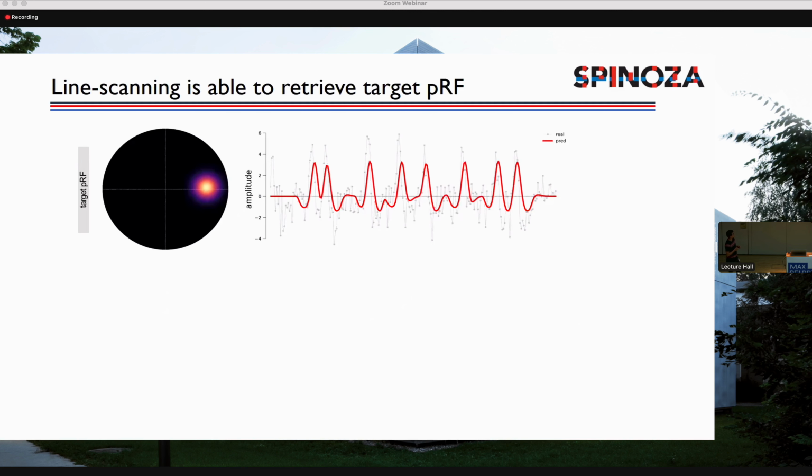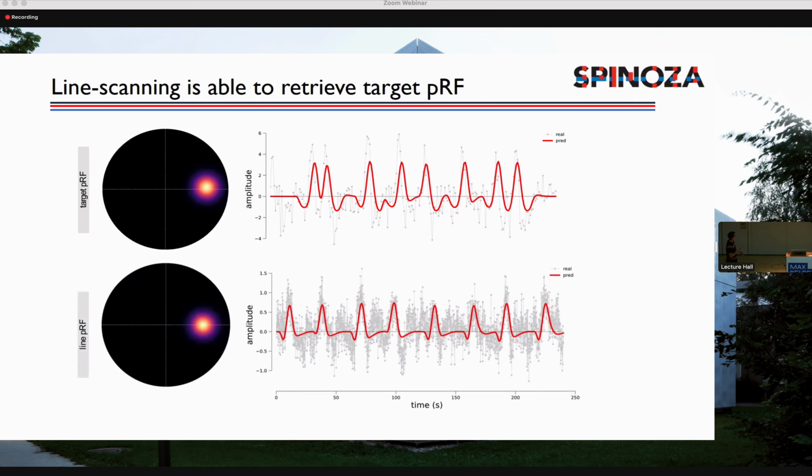So this is what we found. If we look at the target PRF, we see a pretty good fit. That's great. And if we then look at the line scanning, we see a slight shift, but still a very nice corresponding PRF in visual space. And this time course is different because the design matrix that we put in is different. So instead of the PRF having to wait for every time a bar crosses, the bars are much more focused around this, so it leads to a